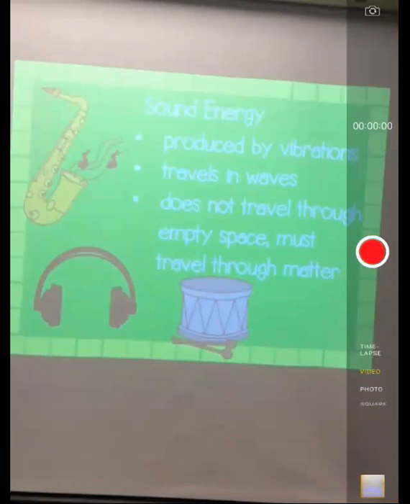Because I play music in the morning, and this seems like a big empty space to me sometimes. And yet, don't you hear the sound when I'm playing it? You put exactly what it says there, word for word. You don't have to say it first, but again, it must travel through matter. So why is it that when I put that speaker on and I play that music in this big empty space, why do we hear it? Because this right here says sound waves don't travel through empty space. They have to travel through matter.